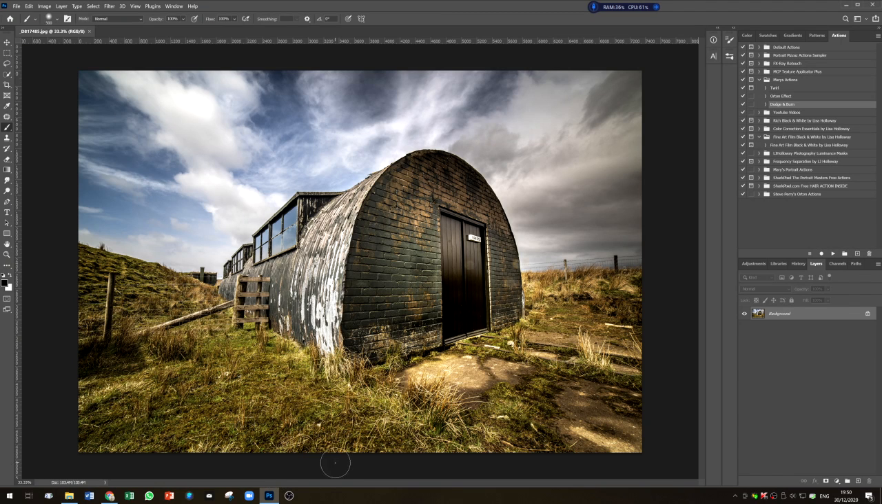Okay, so we want to create an action to do a dodge and burn on an image, and if this is something that you do regularly, then you need to create an action for it. To do that, we're going to come over to our actions panel over here at the right hand side,